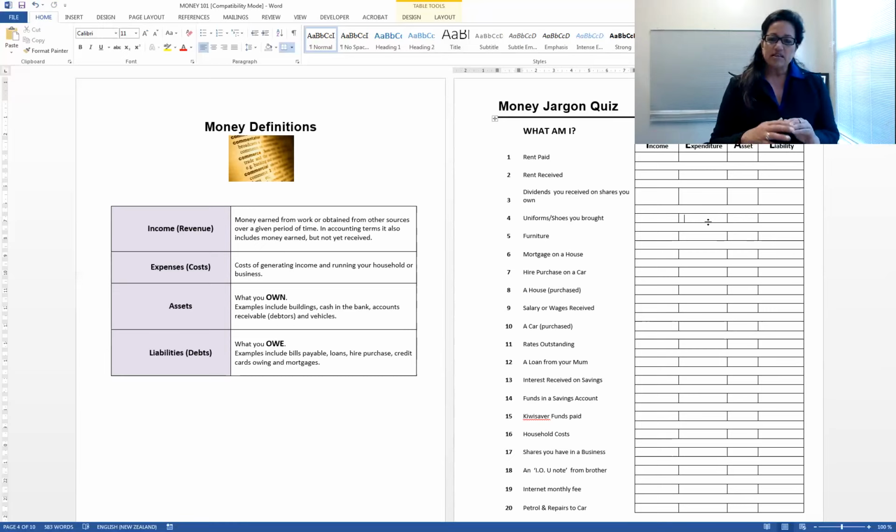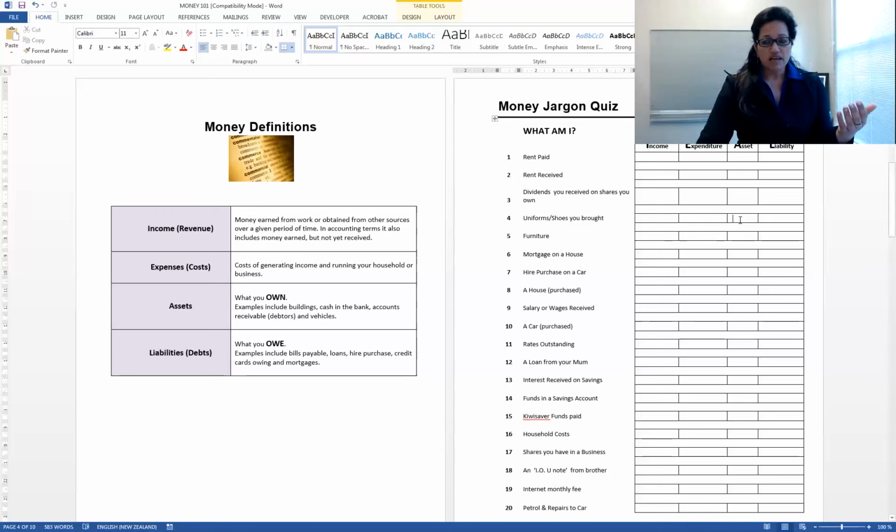the fact that, can you sell these? Can you on-sell these and get some money from it? Now, an expense, you can't do that, but an asset, you can do that. So from my perspective, I look at these uniforms and shoes and go, it's something I own. And so straight away we know it's an asset. And then I ask myself, can I sell it? And the answer is yes.